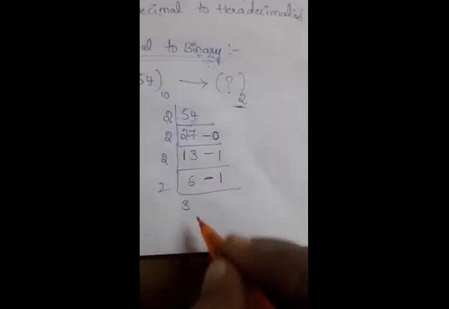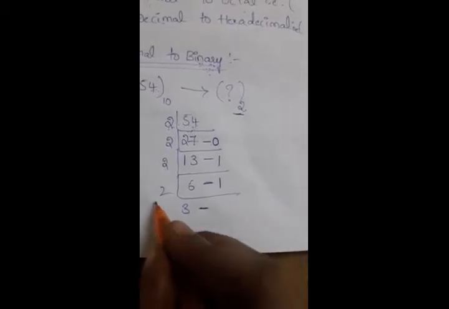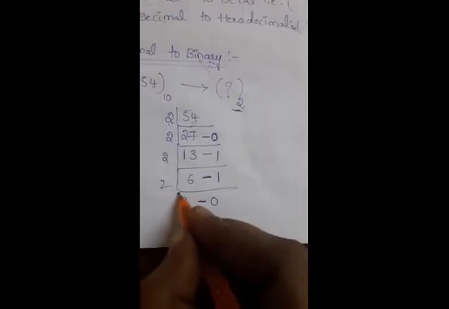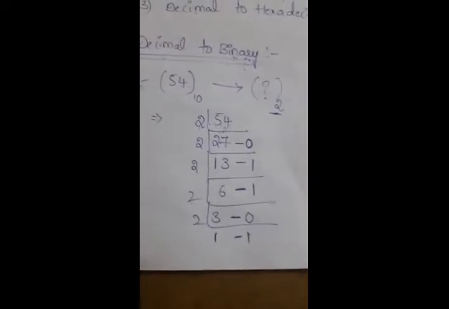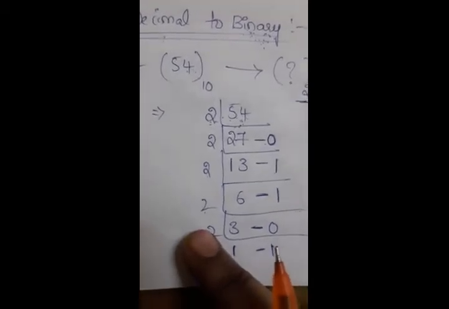So the complete number will be divisible with 2, right? So then the remainder will be 0. So 2 1s are 2 and the remainder will be 1. So 1 is not possible in 2, right? So that means 1 is not divisible with 2. So that's why the process will be ended here.